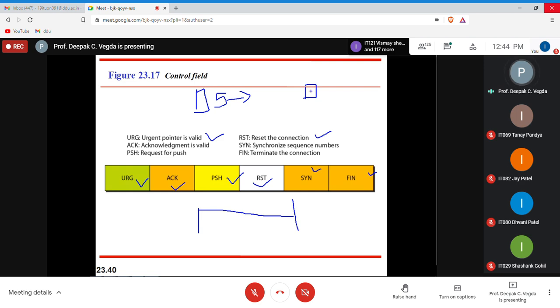And whatever I transmit to you, I will start from, let us say, 100. So that person is also sending back the sequence number from which they will transmit, because you don't know which is going to be the first sequence number. It will not always be the case that you start from sequence number 1 and the other person also starts from sequence number 1. So you synchronize the information, and what you informed him and what that person informed you, you need to send back the acknowledgement. And this is how you build the connection.